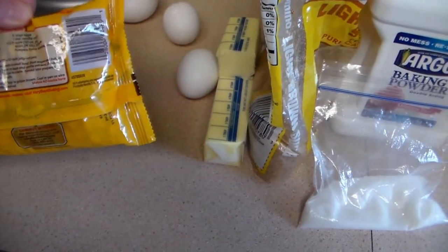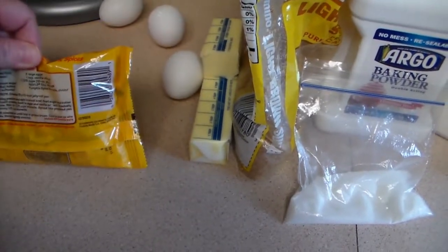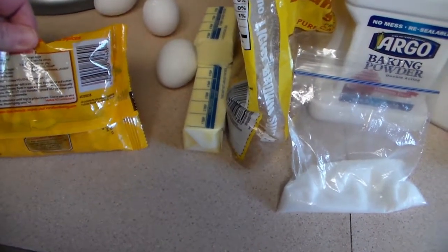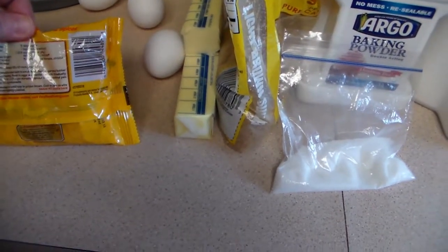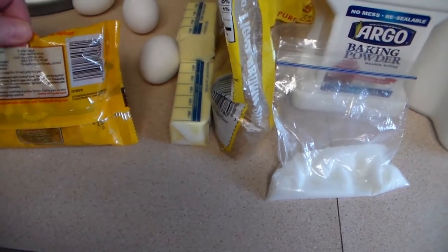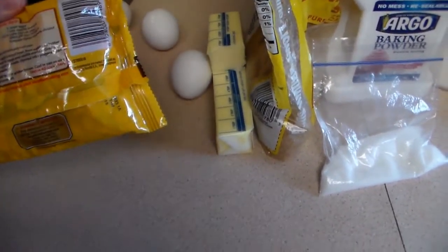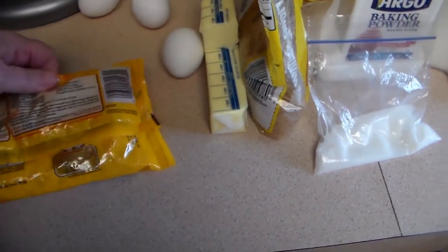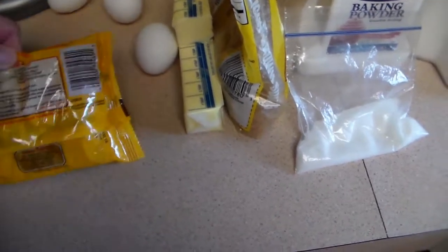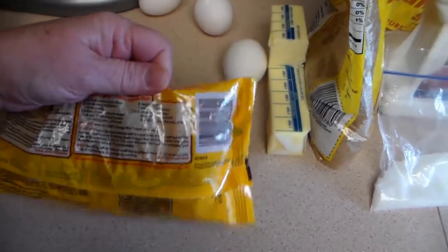Then you beat the sugar and the butter together in a mixer until it's creamy. Then you put the eggs and the vanilla in gradually, and then you gradually beat in the flour mixture. You put in 1 1/3 cups of morsels, and you put it into a pan. It's calling it a jelly roll pan. It's just a pan that is like 15 by